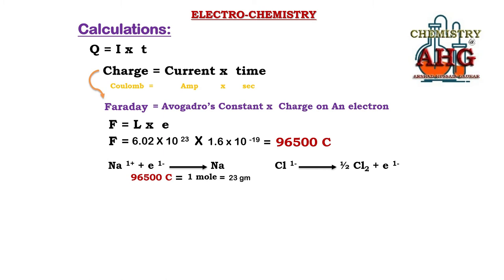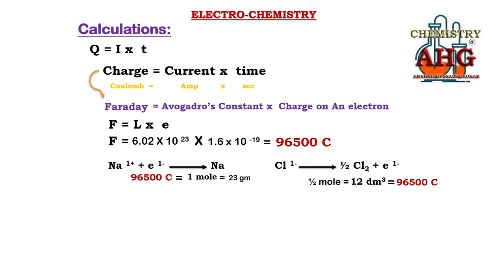again what relationship can we make? We can say half mole of chlorine is equal to 12 cubic decimeter, because 1 mole of any gas occupies 24 cubic decimeter volume. Since we have half mole, we can say it is equal to 12 cubic decimeter, and it is equal to how much charge? In this case, 1 mole of electrons is involved, so we can say 12 dm cube of chlorine can be produced by using a charge of 96,500 coulomb, because there is 1 mole of electrons.